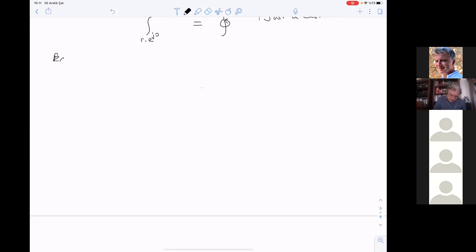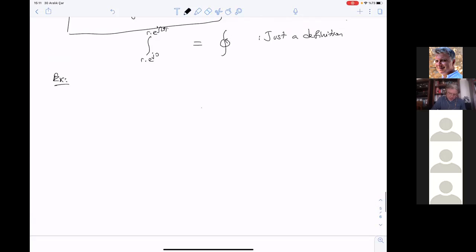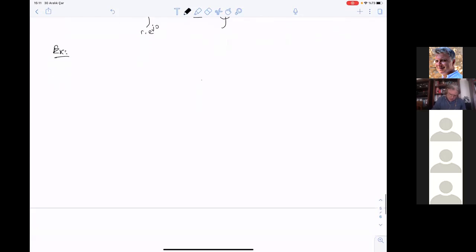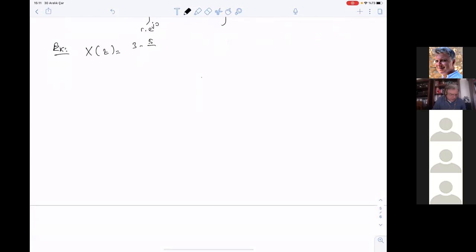So let's see this example. X of Z is equal to 3 minus 5 over 6 Z inverse divided by, now this will make a second order system because we will have two coefficients, 1 minus 1 over 4 Z to the minus 1 is one of them. The other one is 1 minus 1 over 3